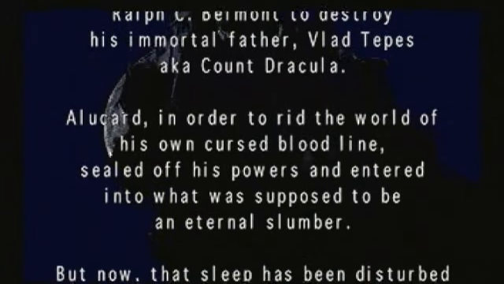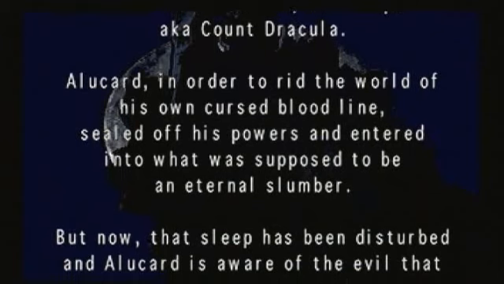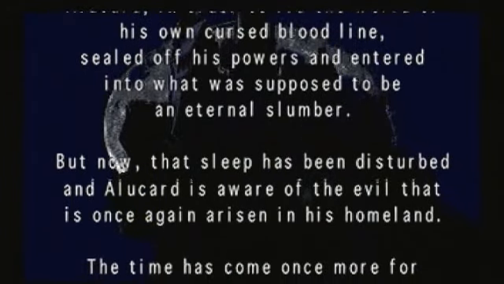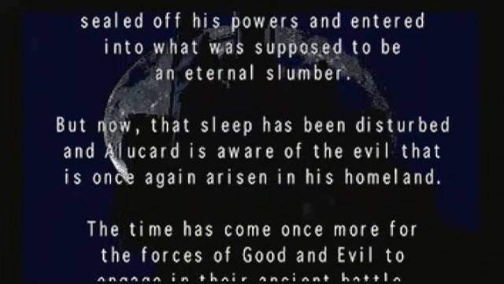Alucard, in order to rid the world of his own cursed bloodline, sealed off his powers and entered what was supposed to be an eternal slumber. But now, that sleep has been disturbed, and Alucard is aware of that evil that has once again arisen in his homeland. This time has come for one...